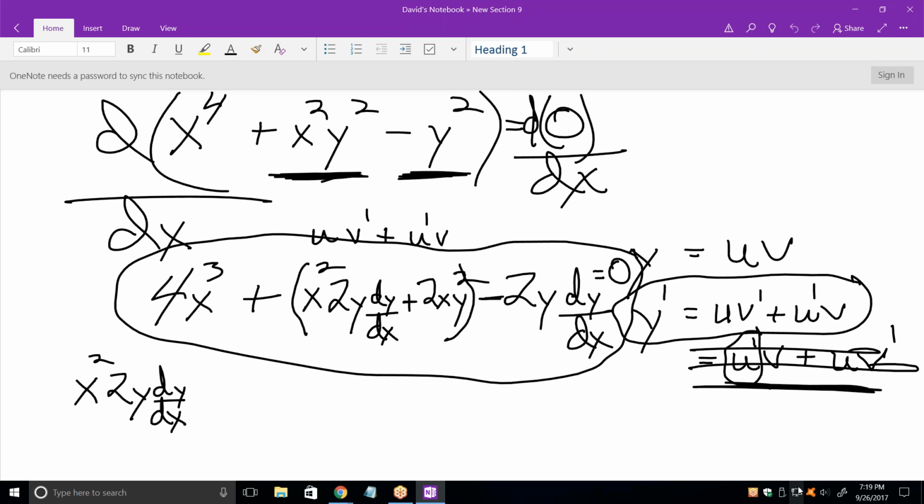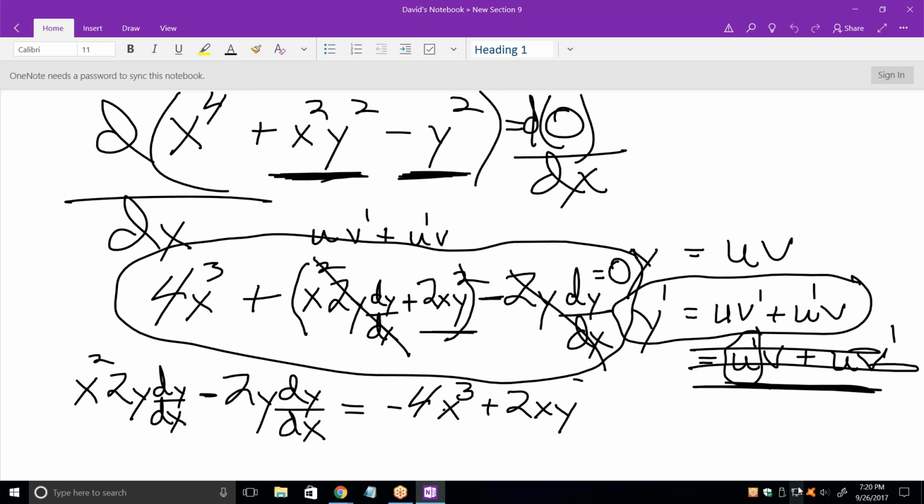This is always the way you do these. And this is always the toughest step. The rest is just plugging and solving. This requires a little bit of algebra. So on the left side, I put every term that has a dy/dx in it, which is this term and that term. On the right side, I put everything else. So I've got minus 4x cubed plus that,